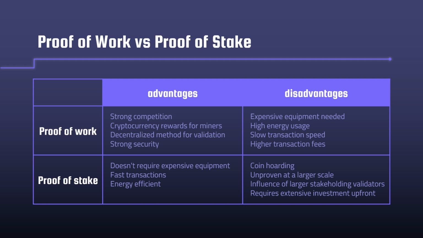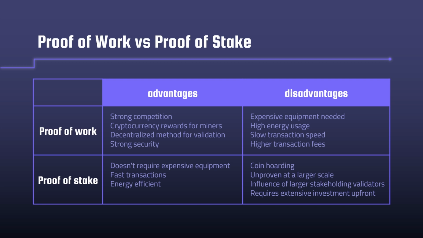Proof of work is the traditional method used by many cryptocurrencies, including Bitcoin. In proof of work, miners compete to solve complex mathematical puzzles in order to validate transactions and add new blocks to the blockchain. The first miner to solve the puzzle wins the right to add the block and is rewarded